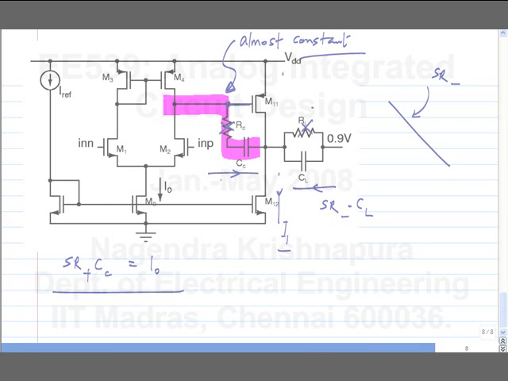Again, we make the same assumptions as before. So what's the current through CC? SR minus times CC. Because this node is changing, this node is not changing all that much. That's the assumption. Of course, it will have to change, but we just assume that it is not significant. So what's the limitation now? So there are two limitations. First of all, this SR minus times CC again has to come from the first stage. The maximum value of current equals I0. So,